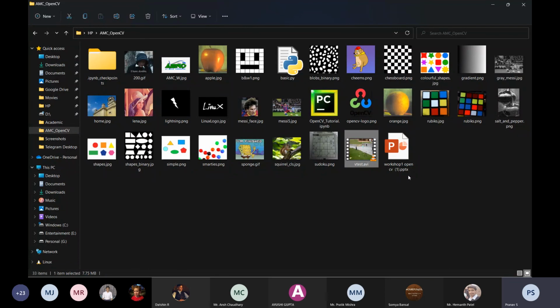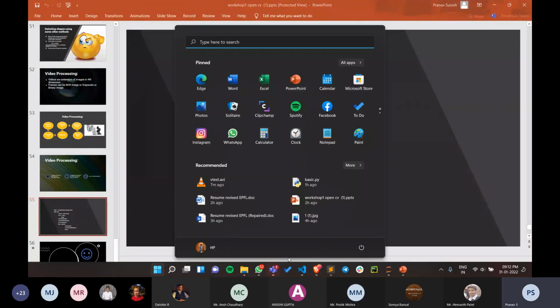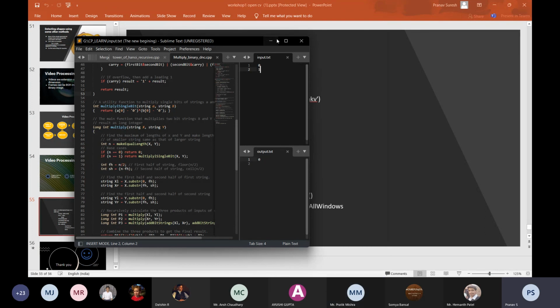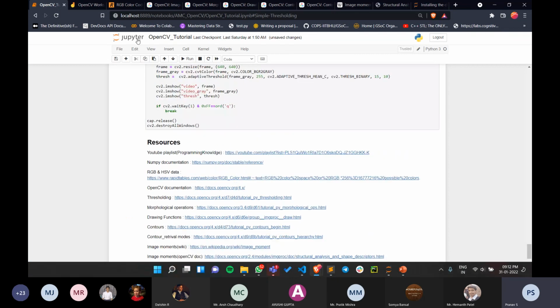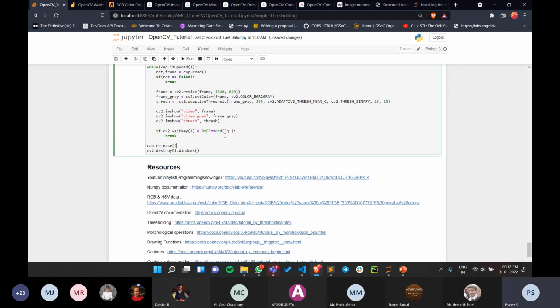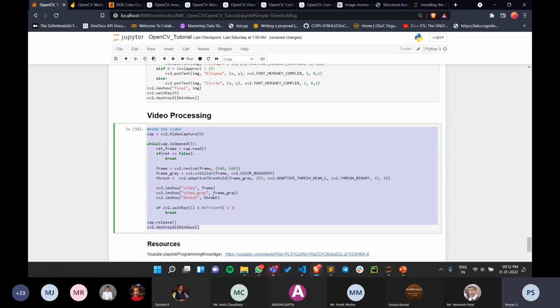I have created a simple file directory here. Regarding the IDE you want to use, you can simply use VS Code or any IDE which you like. And if you are using Python, I will always suggest it's better to use Jupyter Notebook or Google Colab. Yeah, in the last Python workshop, Utkarsh did it on Google Colab, right? So just like that, because